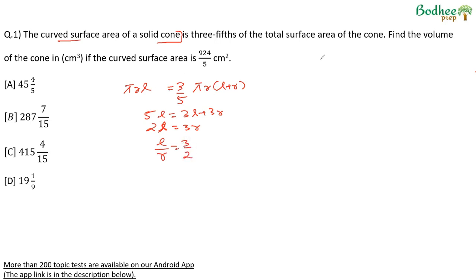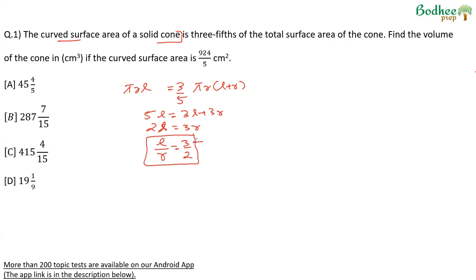3/5 of the total surface area. This is one relationship that we have. L by R is 3/2. Find the volume of the cone. Okay, the curved surface area, pi RL, is given as